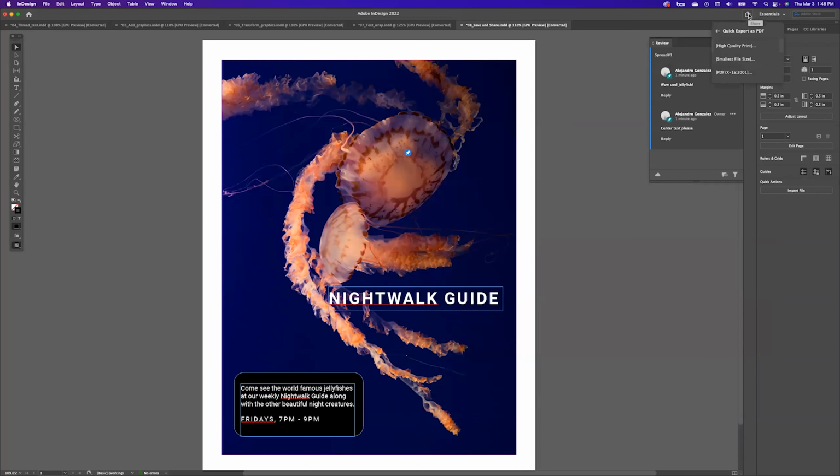Another thing I really like is you can just publish it online. So say you don't want to email people attachments, you just want people to be able to see it, you don't need them to comment. It'll create a link that will just display your finished file. So Jacqueline said, people reviewing it don't need InDesign, right? And that's absolutely right. All they need is a web browser. So that's what I really like about it, they can see it, they can comment on it. They don't have to open it or anything like that. It's super cool. And then if you just want to export in a different way,